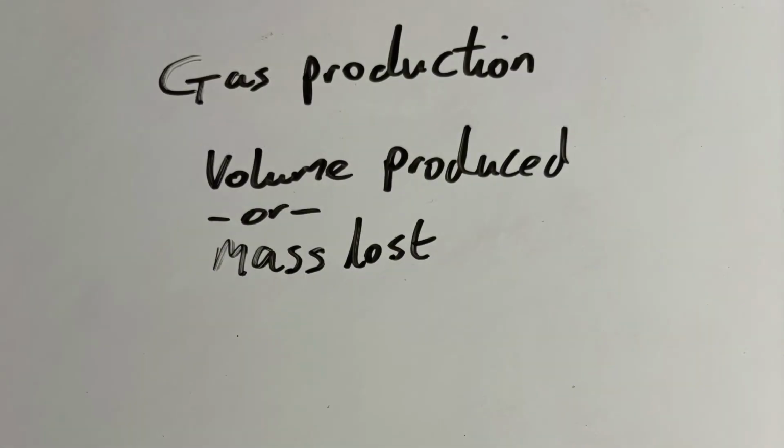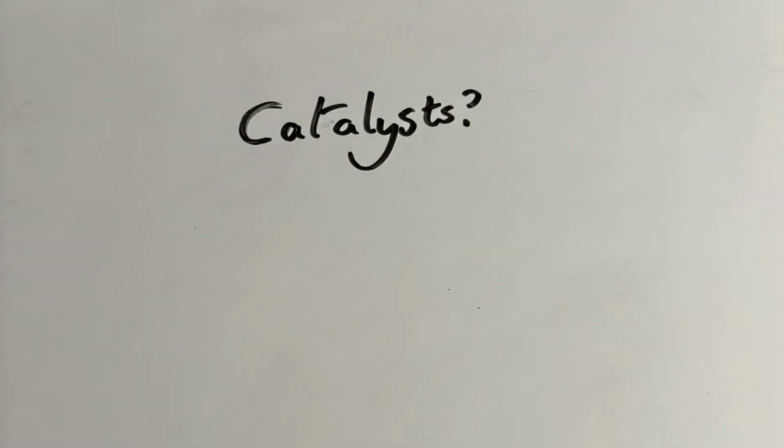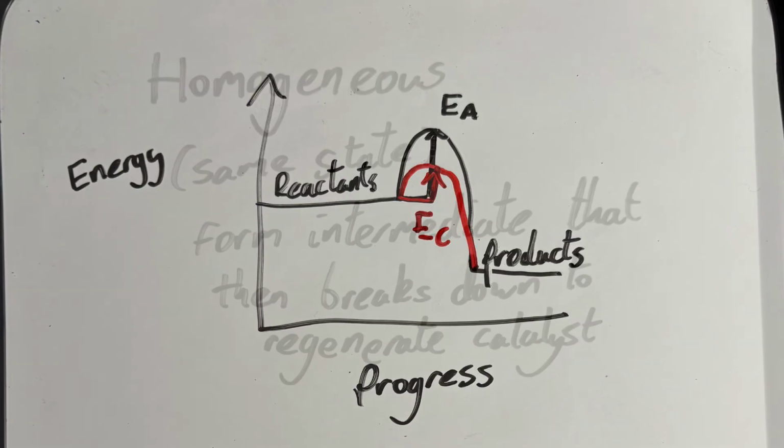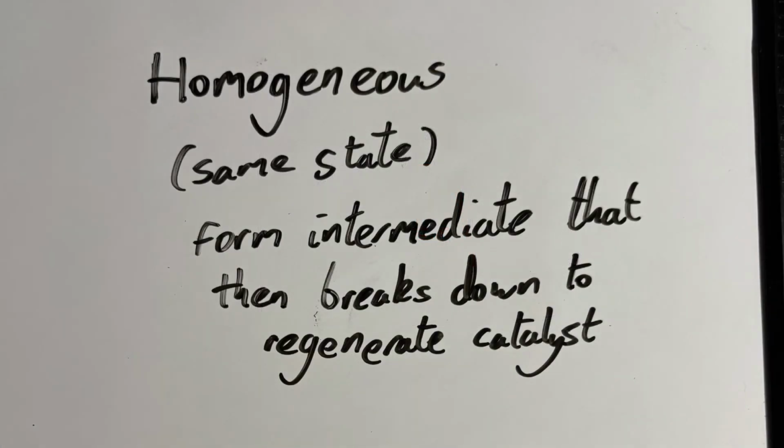So in a reaction where a gas is produced, you can either measure the volume of that gas produced or the mass lost. So what about catalysts? How do they help in a reaction? You'll remember activation energy from earlier, and all a catalyst does is lower this activation energy by providing an alternate reaction pathway. Now, there are two types of catalysts: homogeneous, which is same state, and heterogeneous, which is different